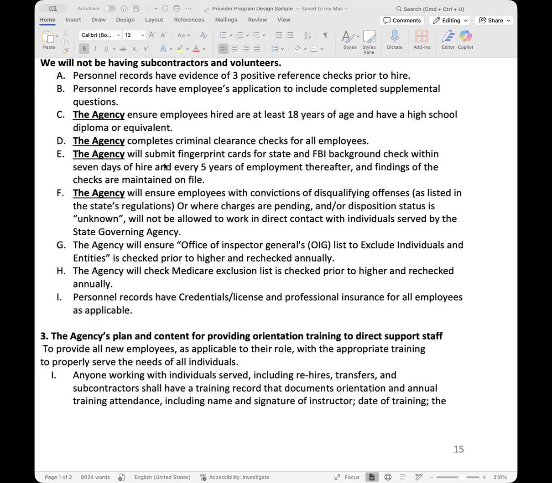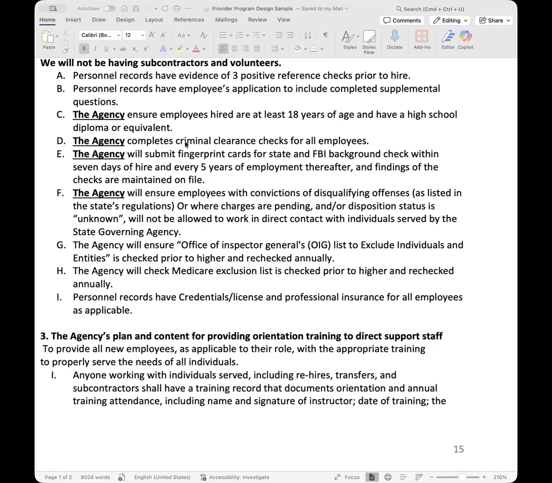And once that information is received, they will make sure to do the background check for all of your employees. Every other state still has to do their own. The agency is responsible to do their own background check. But California is the one state where the regional center will do all of your employees, including yourself as owners. They will manage all of that background checking.